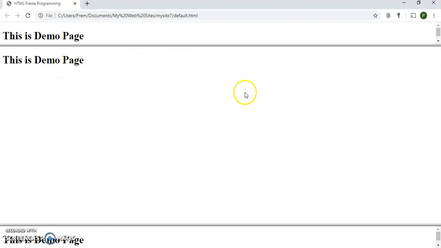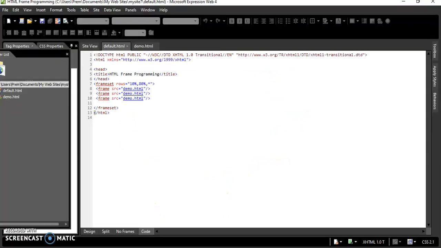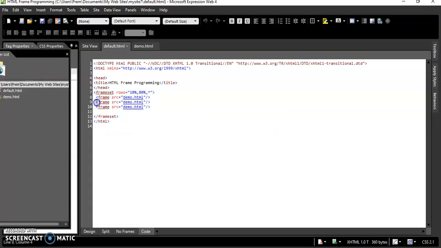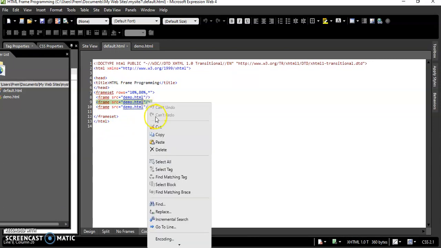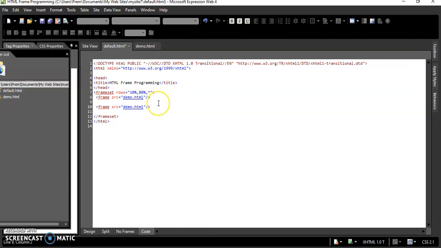So for example, say you want to divide this area into some vertical sections. This area, please remember I'm talking about the second frame. So how can you do it? You can do it with the help of nesting of frames. So what you will do here, I'm going to cut the second frame, locate the area, and inside that write frameset,